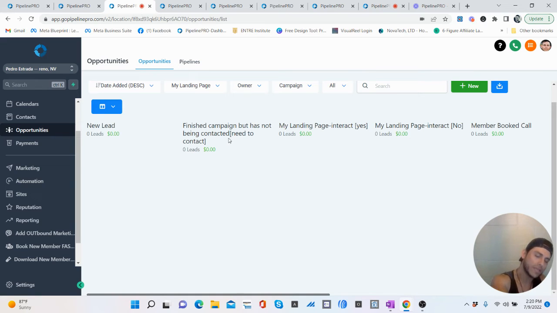Once the workflow has been done and they went through the whole workflow, boom, automatically the system is going to move into stage two, which I like, and it's pretty cool. Then I see who is here, and then I know that I need to